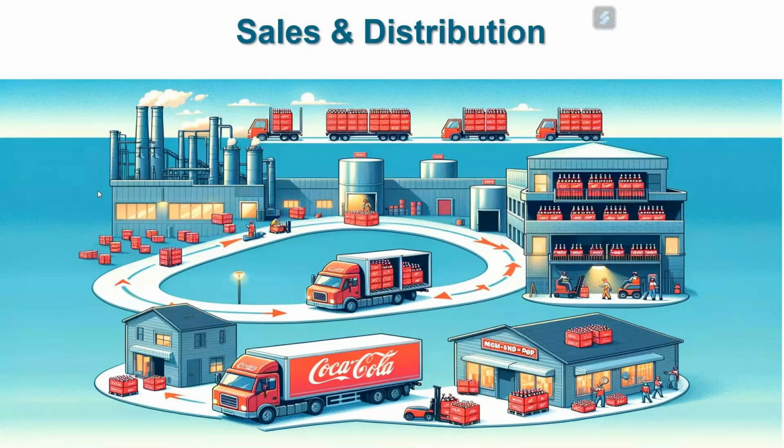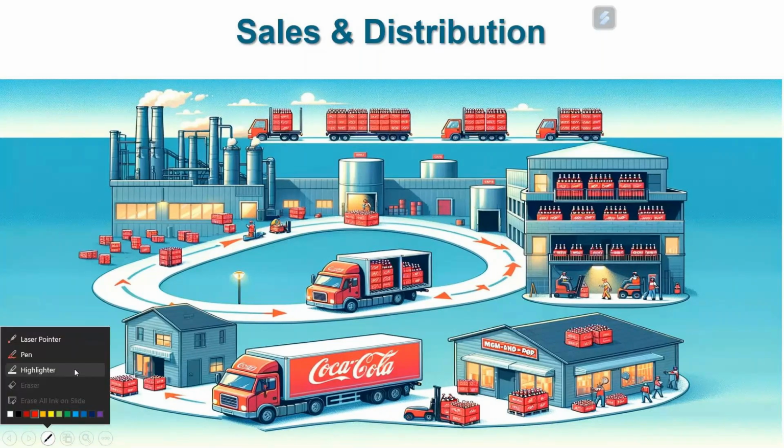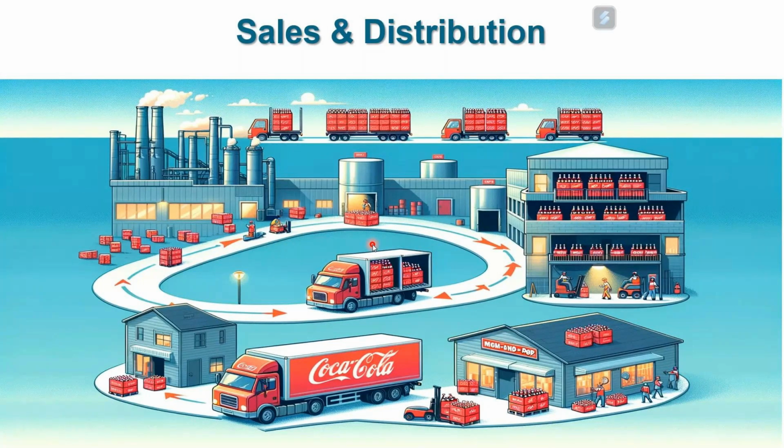Now sales and distribution, as the name says, is a module which is used for selling and distributing. So you make things in the plant. From the plant you need to move them to the warehouse. Not everything can be lying in the plant, right? Not every plant has the capacity to keep a lot of finished goods. So you need to move your finished goods from the plant to your warehouse. So that is one.